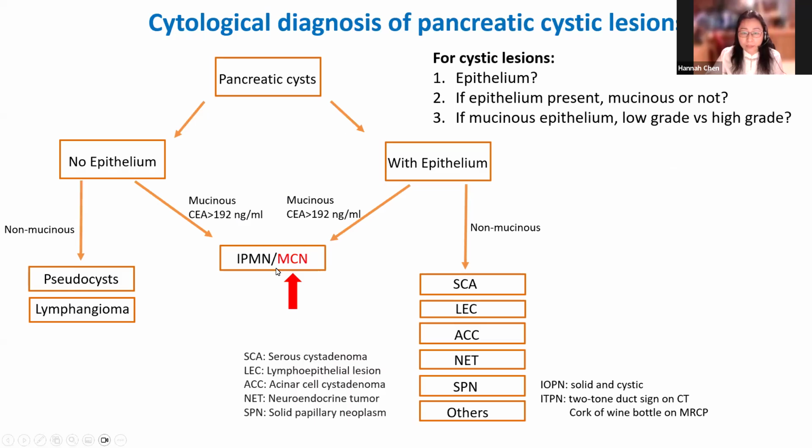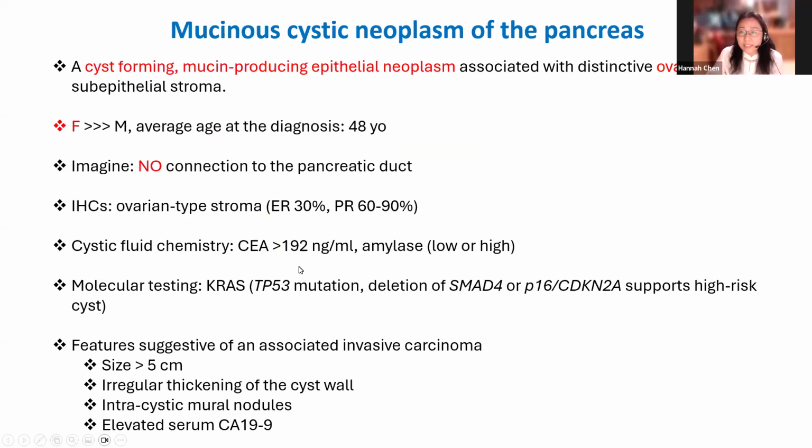following this diagram, the algorithm here. Mucinous cystic neoplasm is a cyst-forming, mucin-producing epithelial neoplasm associated with distinctive ovarian-type subepithelial stroma. It's more common in women, mean age 48 years old. There's no connection of this neoplasm to the pancreatic duct. If you use IHC, ER and PR can highlight ovarian type stroma. Cyst fluid chemistry usually CEA level is elevated, but amylase level remains low because there's no connection to the